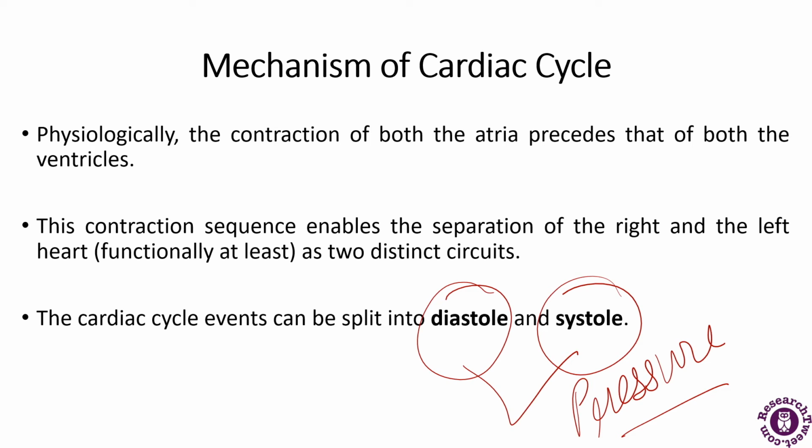And if I talk about the systole, then it starts when the tricuspid or the mitral valve closes and ends with the closing of the aortic valve. So this phase of the cardiac cycle indicates